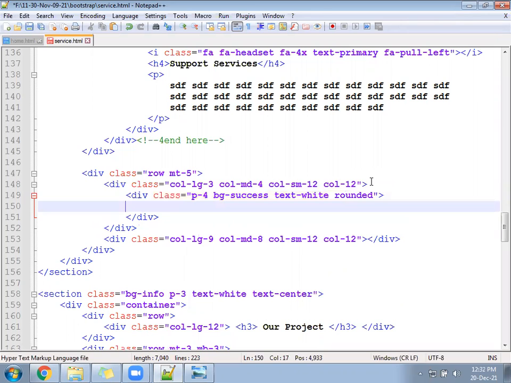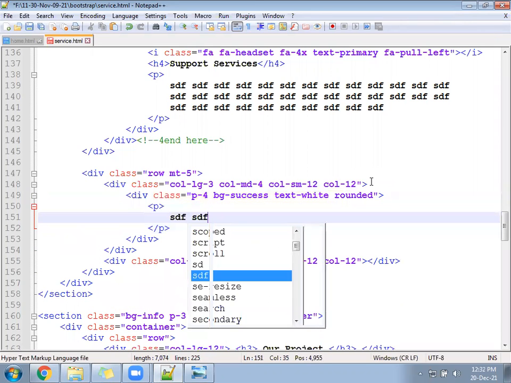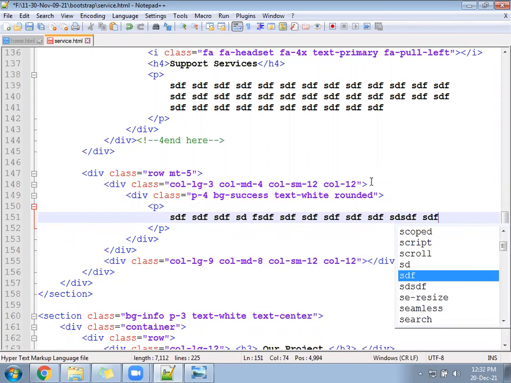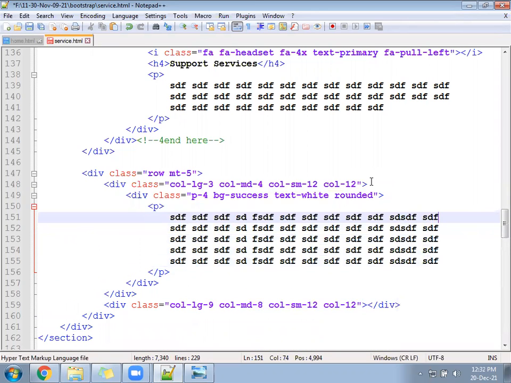Then you will follow the p tag. Under the p tag, you will write 3-4 lines. This is under the first block. Write 3-4 lines and check once. One block will be ready on the left side, with a different color combination.